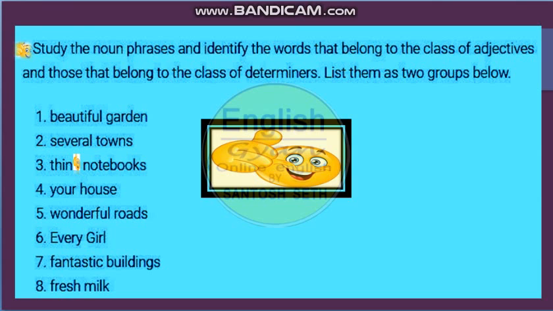So you have to just underline the determiner or adjective given here, and write it in the correct column. Like the first one, beautiful garden. So beautiful, is it adjective or determiner, you have to write in that column. Several towns, several, you have to decide which column you have to write. Okay, so let us start.